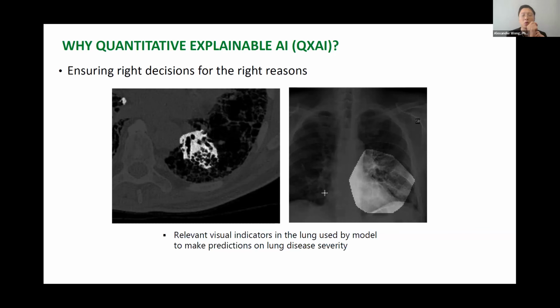This is a CAT scan, so they can look at specific locations to help them make better, more accurate and more consistent decisions. On the right-hand side is a case of a chest X-ray, where it's able to show the actual ground glass opacities in the lungs to help better identify COVID-19 severity. By looking at this, a radiologist, as well as the developers of the AI, can be much more assured that the AI is making the right decision for the right reasons. This application is very clear, very obvious. But what about ones that are not obvious, but are equally, if not more, important?